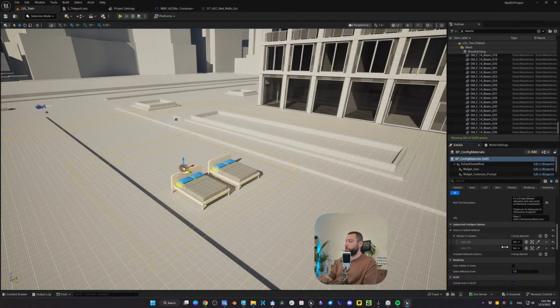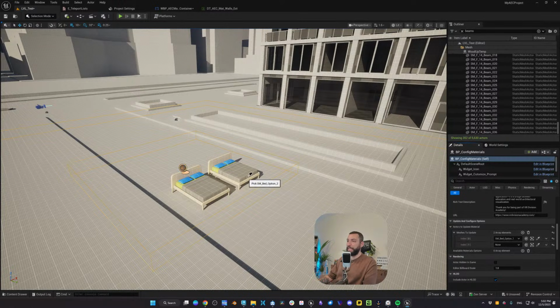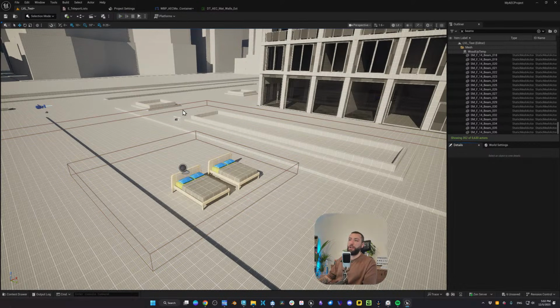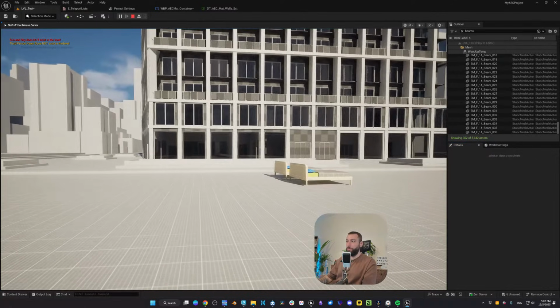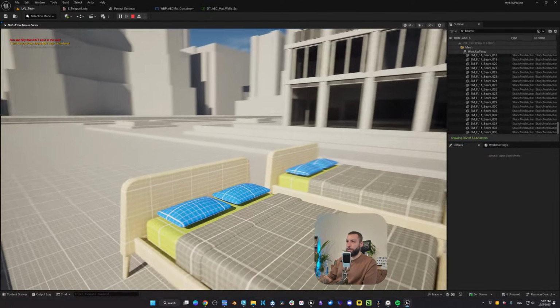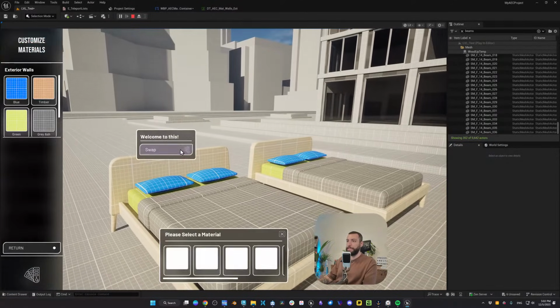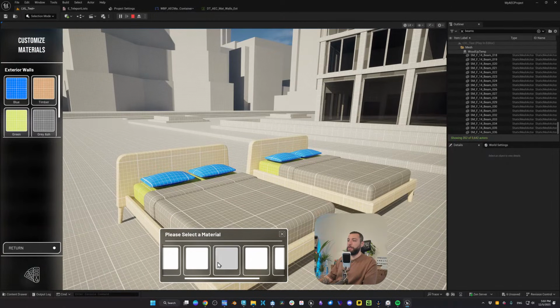And let me show you here. So here I would select this bed now. And then you would select the available material options. So this is also scalable. If I add 3, 4, 5, whatever, click on play. Right now they are empty, but let me show you. Let's get near, let's click on customize, click on swap. As you can see, we get a list with all the options we can add.